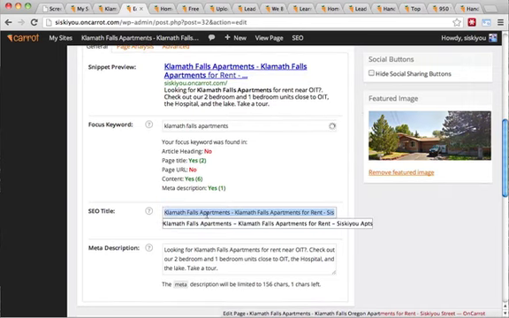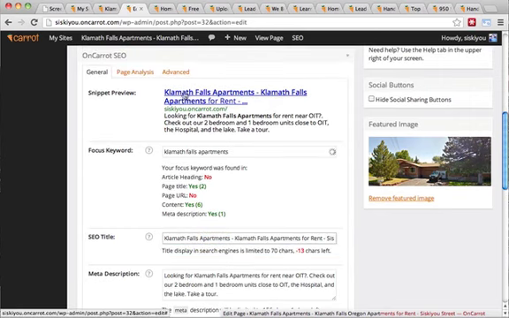The first thing you want to do is create an SEO title. Start off with that same keyword phrase that you put right there. That's going to be the start of your title. And then maybe put a secondary keyword phrase there. For this one, it was Klamath Falls Apartments for Rent. And then we like to finish it up with the business name, so your actual company name, at the end. That's going to be the title that actually displays in Google, and you can see right there,